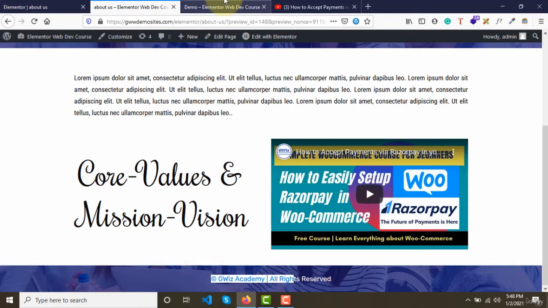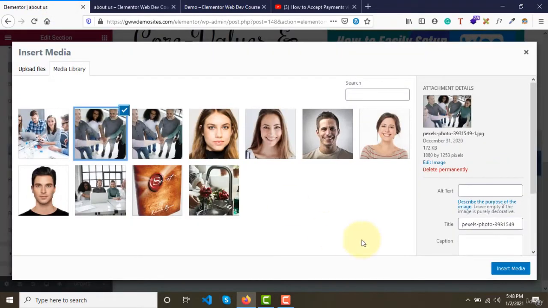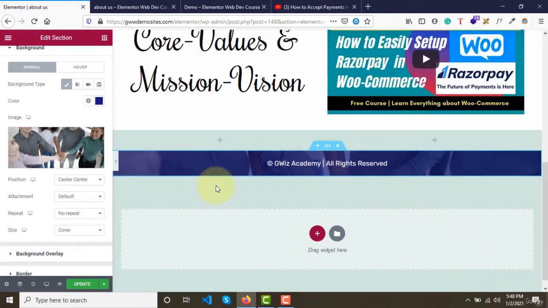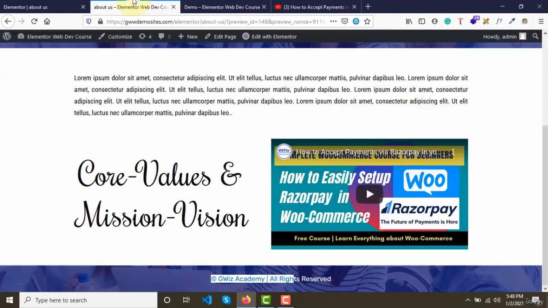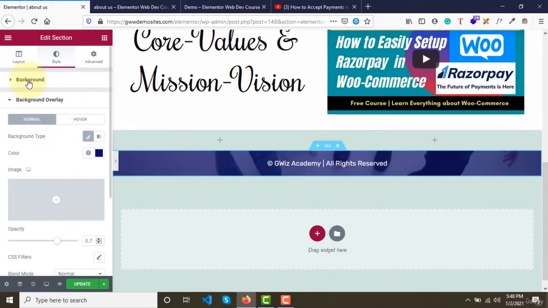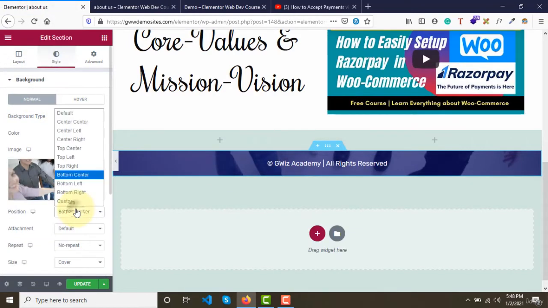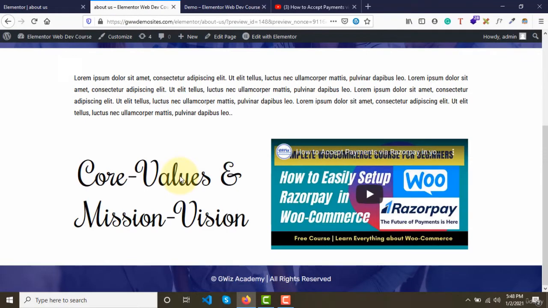So we have this. Actually, in the design we have used some other image. If you see, we have used this image, right? And it's, I think, bottom center. Or else center, I think. Okay, fine. Let's click on update. It doesn't matter, so you need to play around with that. The point is you need to know how to add that kind of section. Fine. So now